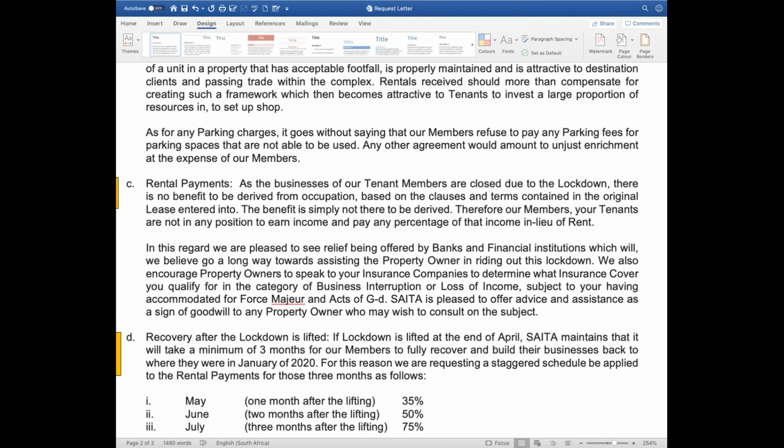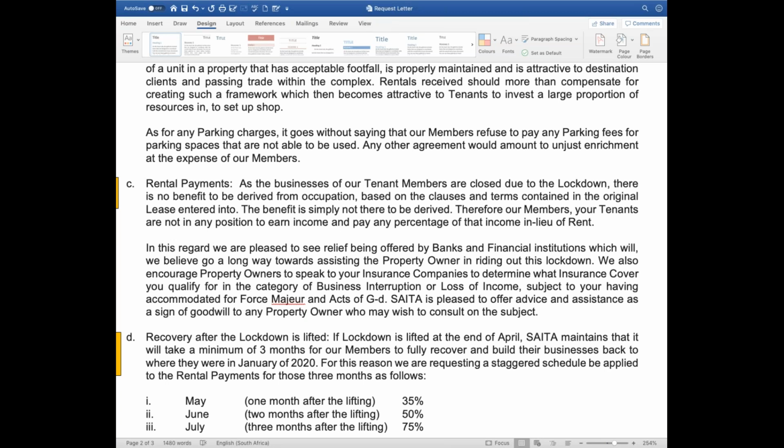But I agree with you completely. Let's put that particular ball in their court, where we actually say to Ivor, can I just make a point as well? I've verbally successfully negotiated with my other landlords, I did mention this last time, for 100% rent reprieve during the lockdown period on the rental component, and then that would get either tacked on to the end of the lease, or it would be serviced as an AOD.